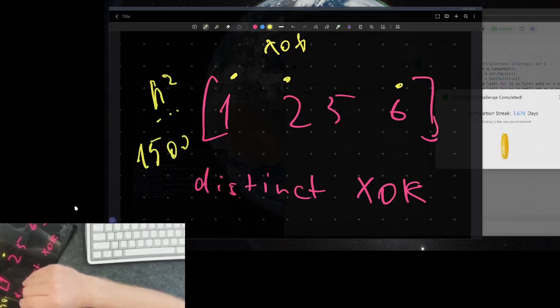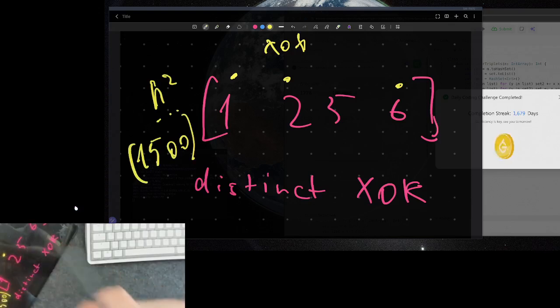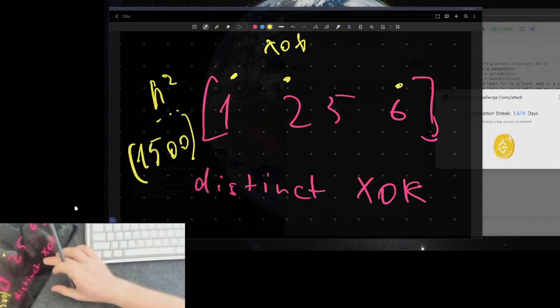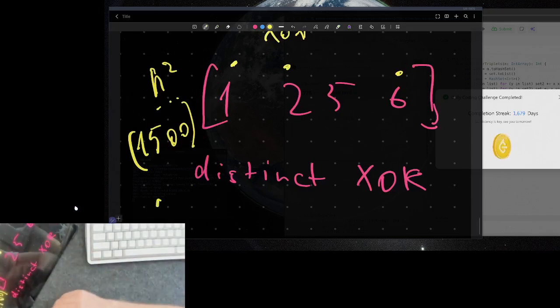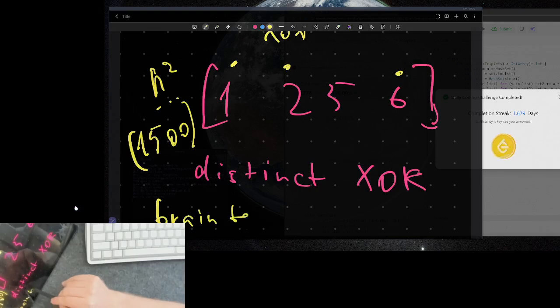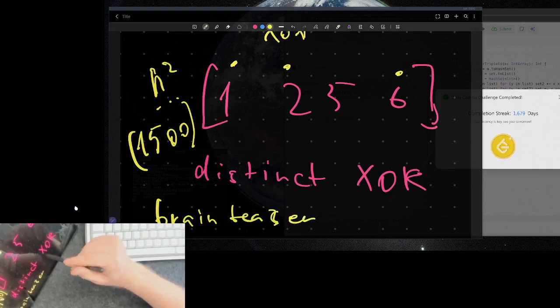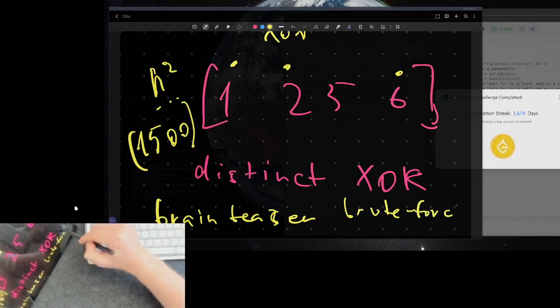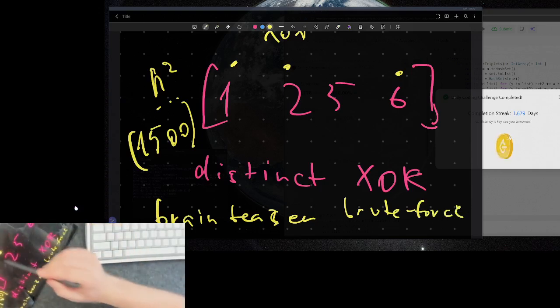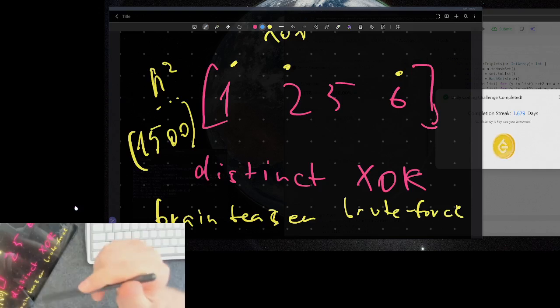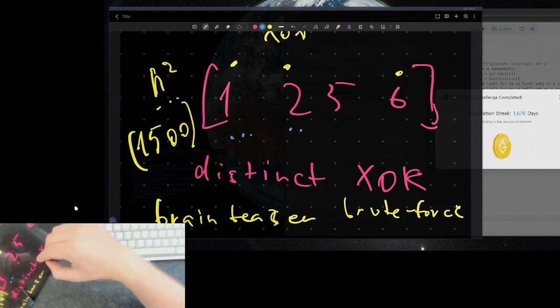The solution is for 1500 elements total. And the solution is a brain teaser, because it is almost brute force acceptable. The only thing you have to know, or in your intuition,